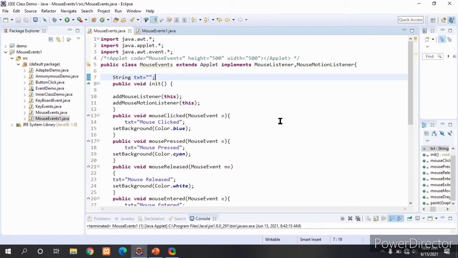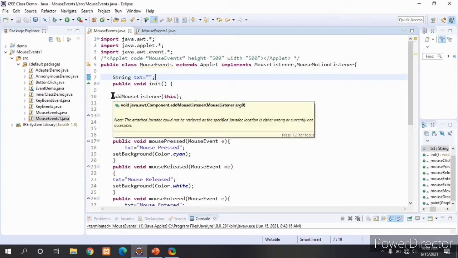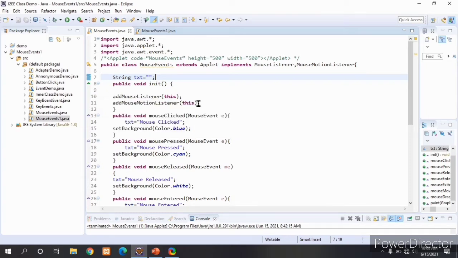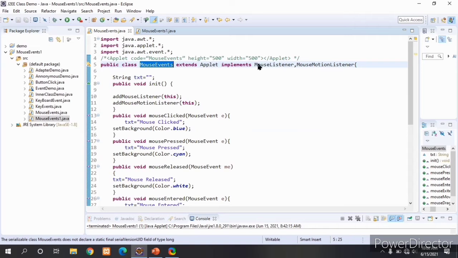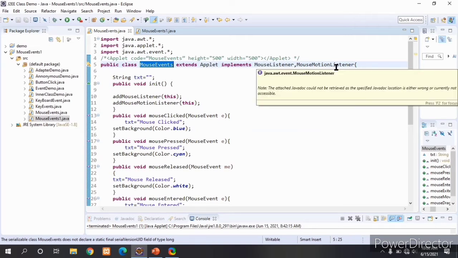So by using that button object we register the action event to the action listener. Here I am clicking the mouse on a blank space, so an object is not necessary. So directly we are registering the mouse listener and mouse motion listener, and we are passing the current reference of this class which is implementing mouse listener and mouse motion listener.